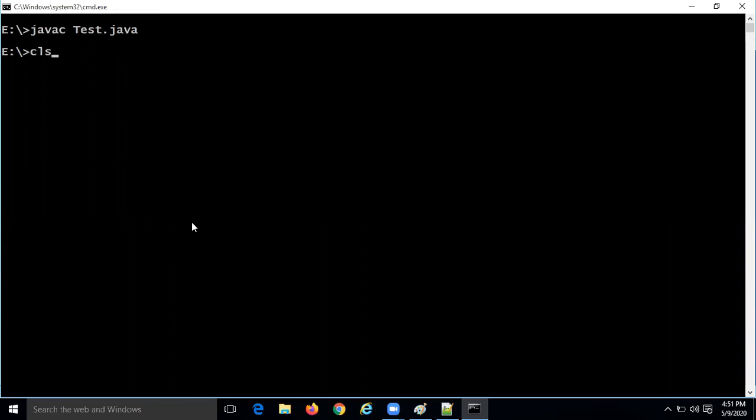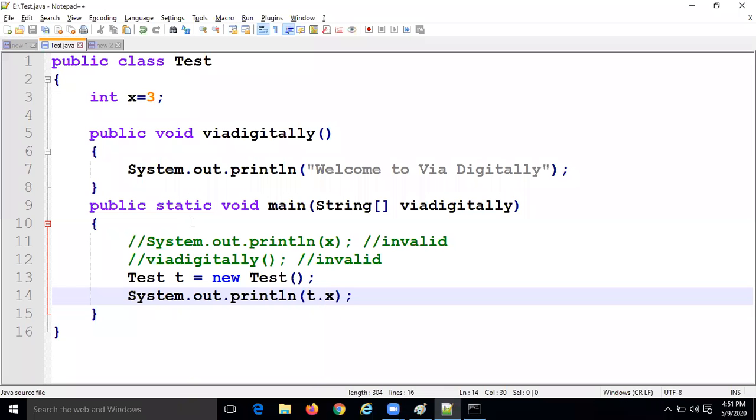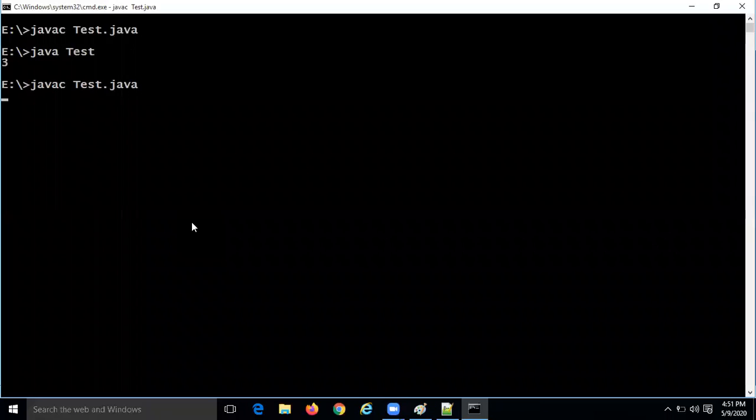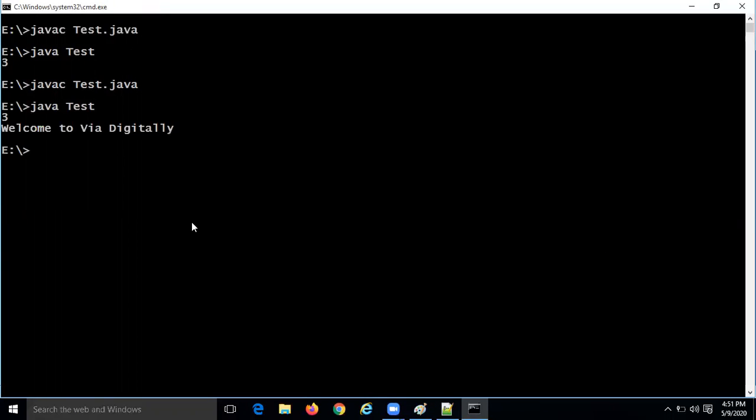You can print the x value. Next, you can also call the method on the object, the viaDigitally method. Yes, we can. 3. Welcome to ViaDigitally.